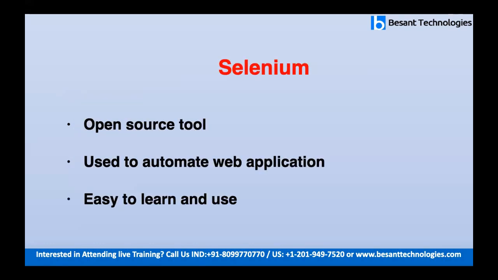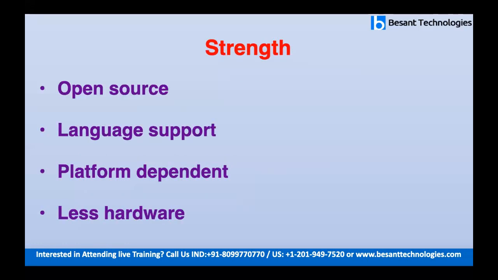For performing automation testing, the tool we use is Selenium. It is used to automate web-based applications. The main advantage of using Selenium is that it is open source, so it is not going to cost more. It is supported by languages like Java, Python, PHP, C Sharp. So even if you know only one language, you can use it. It does not have any language constraints.